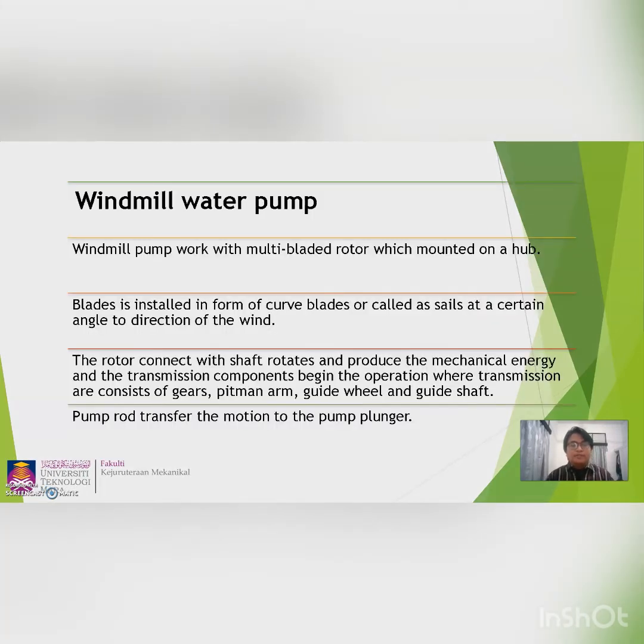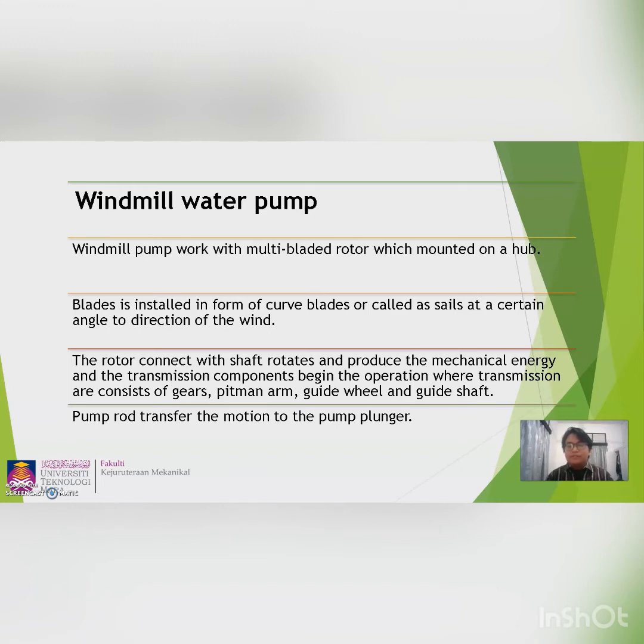And the third one is the windmill water pump. A windmill water pump uses wind as the source to operate. It works with a multi-blade rotor mounted on a hub. The blades, also called sails, are curved and installed in front at a certain angle to the direction of the wind. The rotor connected with a shaft rotates and produces the mechanical energy, and the transmission components